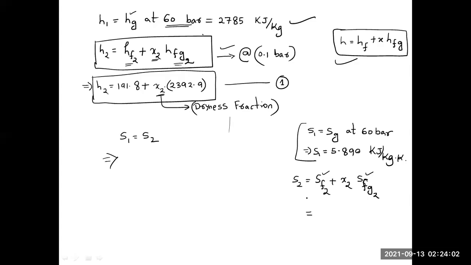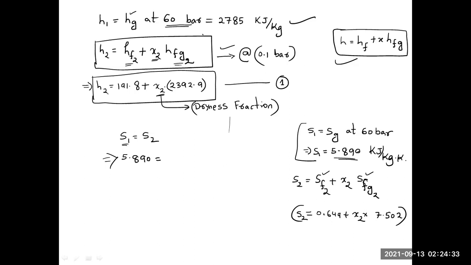So SF2 we got 0.649 plus X2 value, still we don't know, and SFG value we got 7.50. Okay, now this value we will substitute here. So what is S1? S1 is 5.890